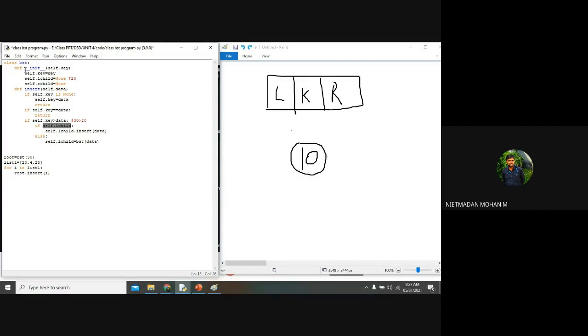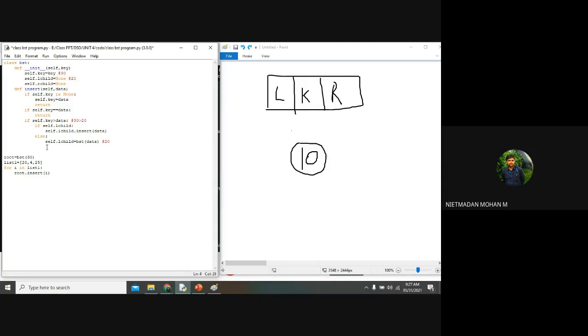So how do we want to create it? We want to create it the way we created the root node. We created the root node in the init function, so likewise we want to create the child node in the init function. I am calling self.L_child is equal to BST of data. Data will be the representation of 20. Now this self.L_child will become 20. So the key will become 30 as per the program, and now the left child will become 20.